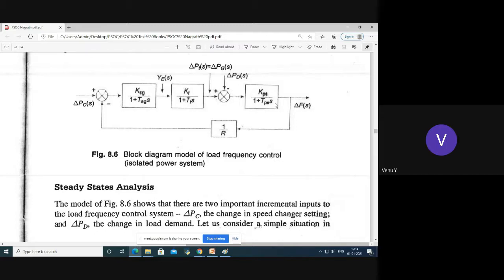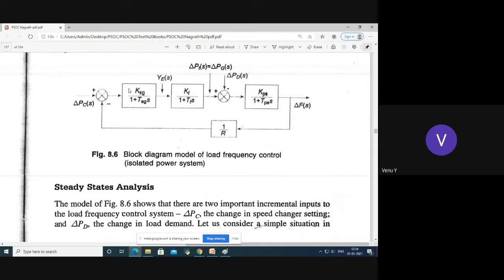over 1 plus s TPS. Here delta PD is there, the disturbance. So feedback delta F is given to the regulation R, and here commanded input delta PC, the commanded input or reference power delta P reference, is given here. This is the primary control loop,